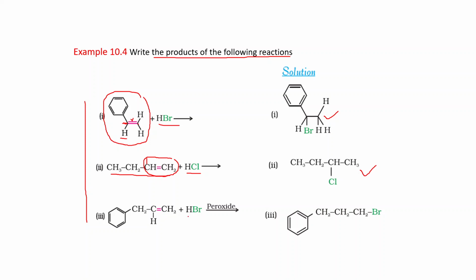Now again, this reaction with HBr is in the presence of peroxide. In the presence of peroxide, the reaction takes place according to anti-Markovnikov rule. That is, Br, the more electronegative part of the adding reagent, will be added to that double bonded carbon atom which bears more hydrogen atoms. That's why Br will attach to this carbon and hydrogen will attach to this carbon, and the product is this. Okay student,